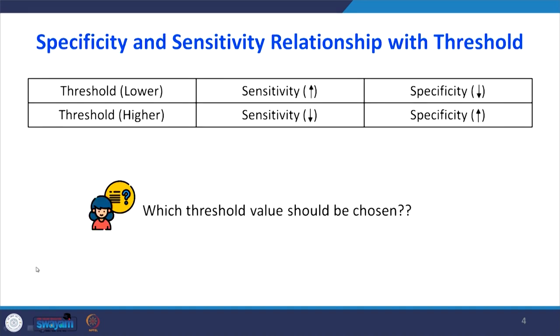In this lecture I am going to explain the connection between sensitivity and specificity for different threshold values. The first case is when the threshold value is low. Suppose you put the threshold value here, that will increase the sensitivity, but it will decrease our specificity. When the threshold value is higher, suppose you keep your threshold value here, what will happen? Specificity will increase, and sensitivity will decrease. So, which threshold value should be chosen? That is the problem, which I will show you with the help of Python programming.